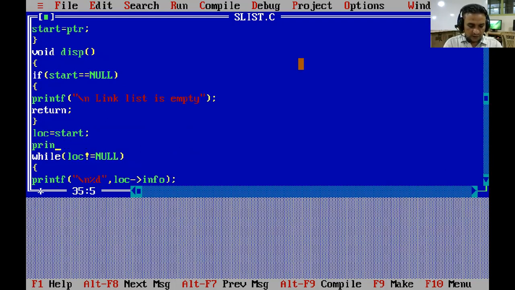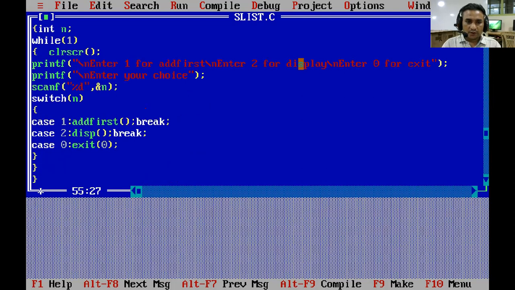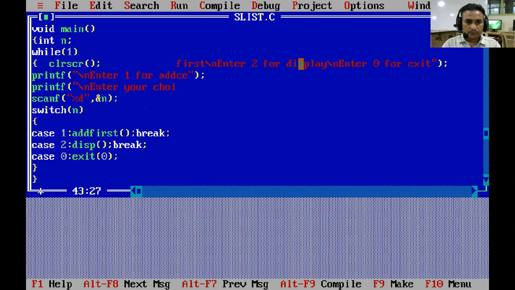We have to write one more message here: "linked list is empty\n".